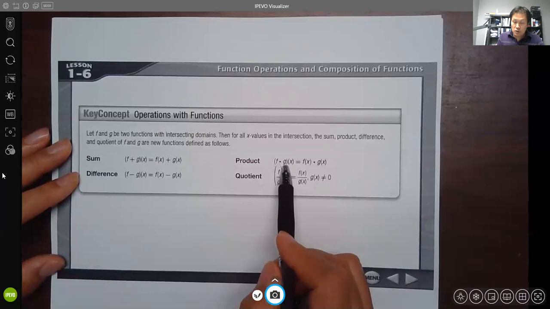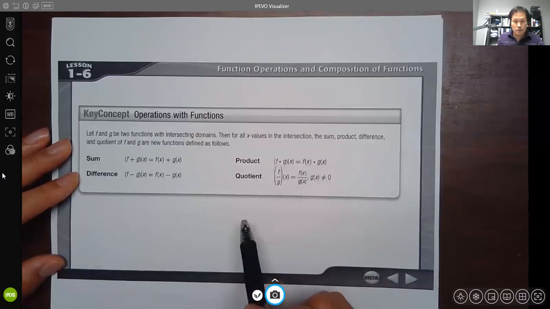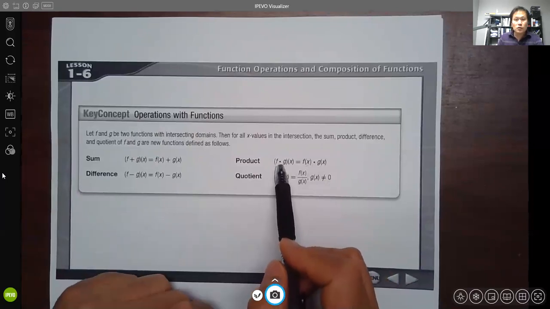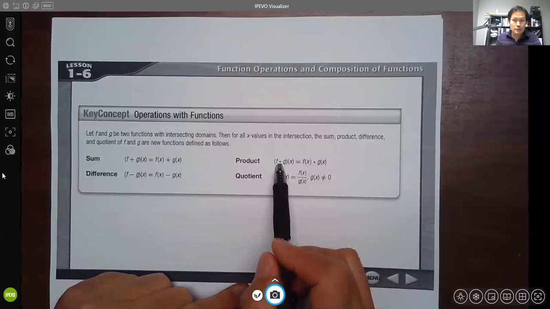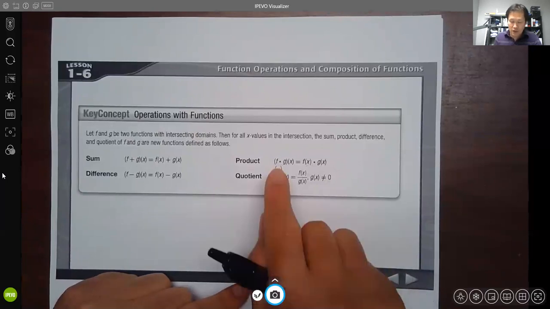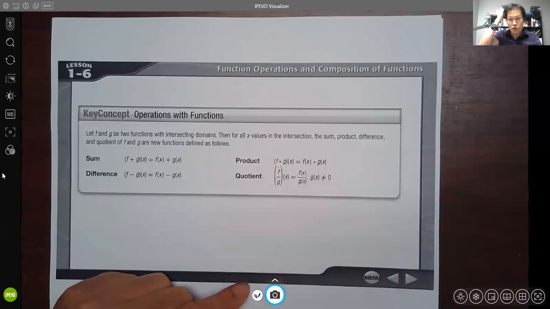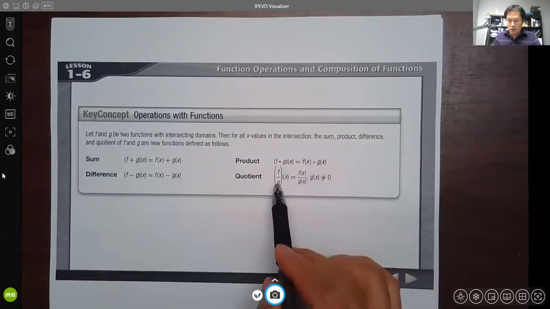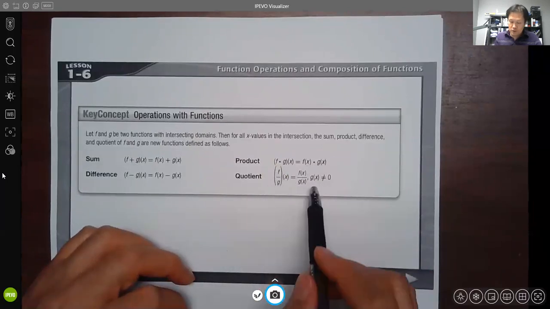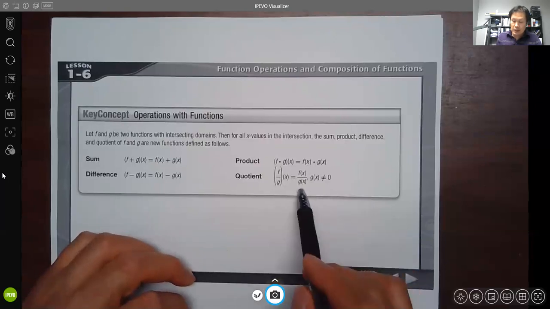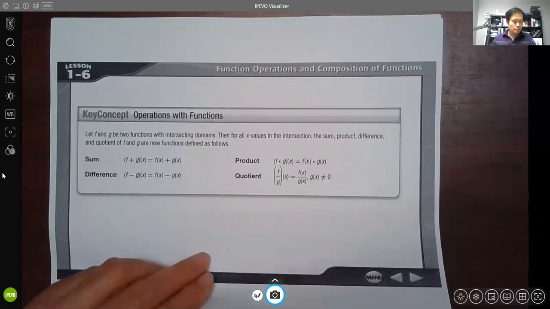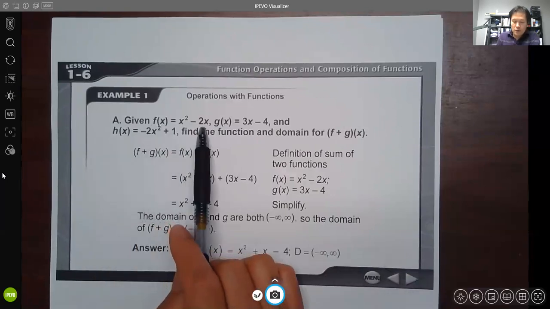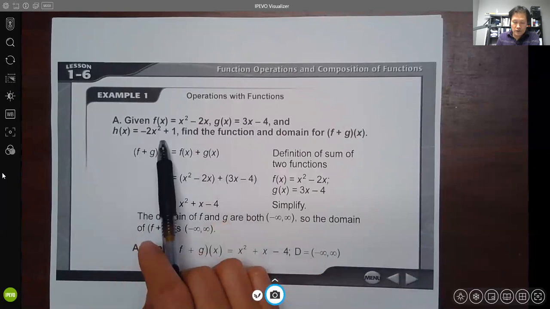f times g means you're multiplying those two functions. Be careful, the notation here is a solid dot. There is another notation with a dot, but that's an empty dot, which is a composition. So solid dot means a product. Quotient is f divided by g, f over g. The denominator cannot equal 0. Very straightforward. So given f of x, g of x, and h of x as follows, find